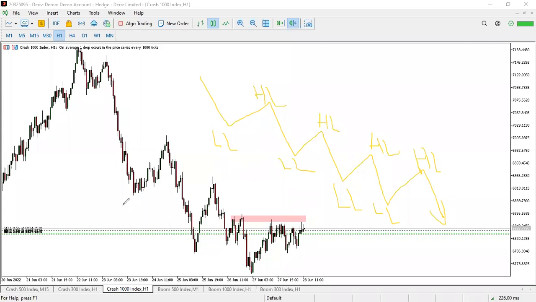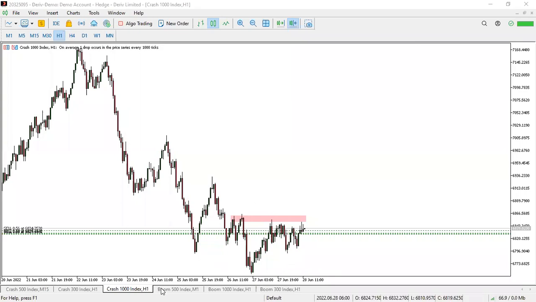You see, and then if you check here, what should happen next? This should happen. You can see if you are serious about going up. Yesterday, when we woke up, maybe we'd find it somewhere here. You see, so it's still obeying our higher low. Simple like that. This is a nice market structure. Guys, you really know these things. And then you still have to go down. And then let's check Boom.